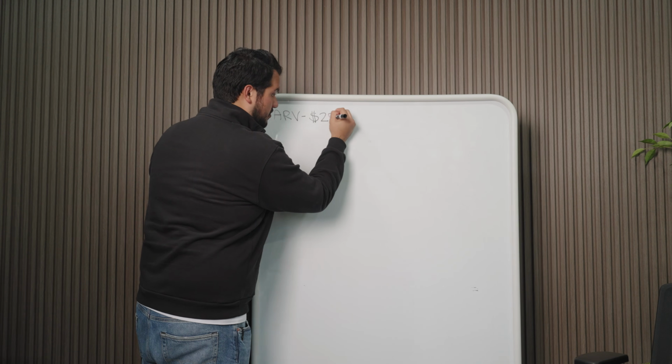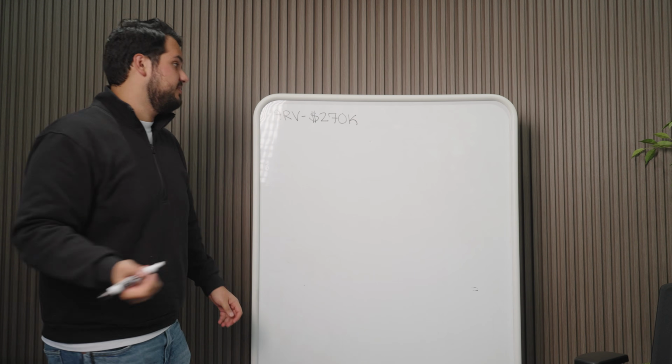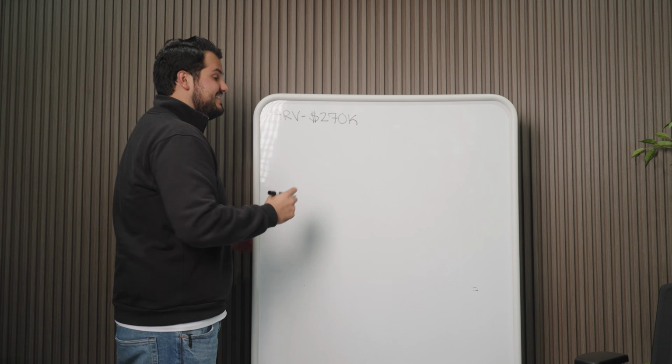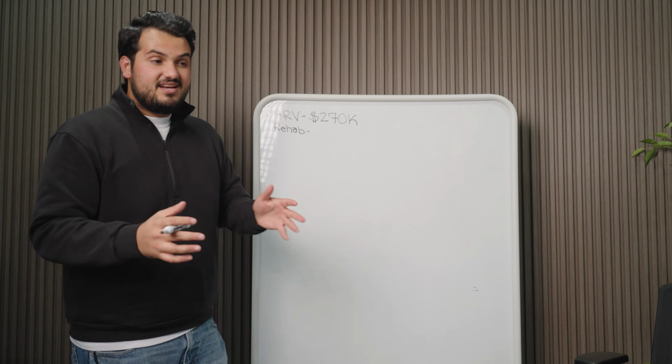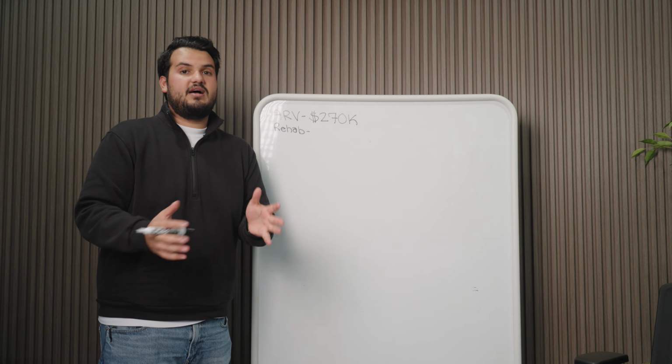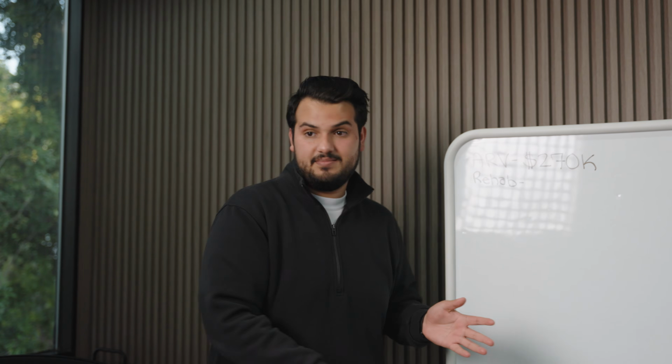Now we have one of the three variables we need that we talked about in the beginning, right? Now we have the ARV. The second thing that we need is the rehab cost. Now, a lot of the times, we're not actually going to these houses on site. We're getting the pictures, which is why it's so important that we have to have seen them.